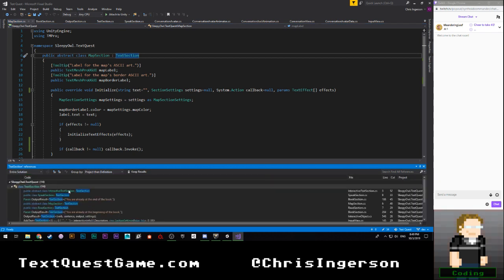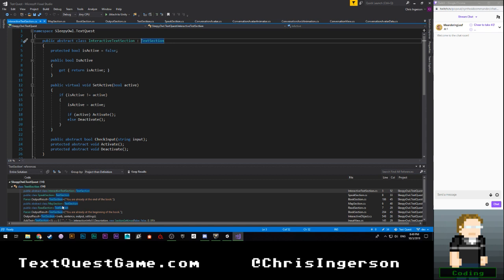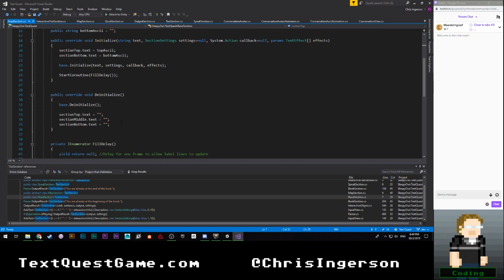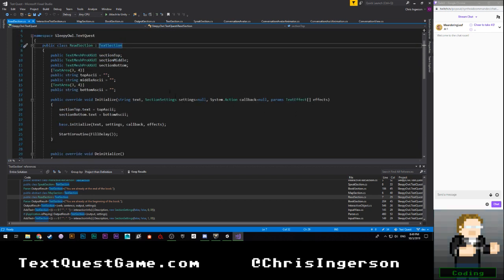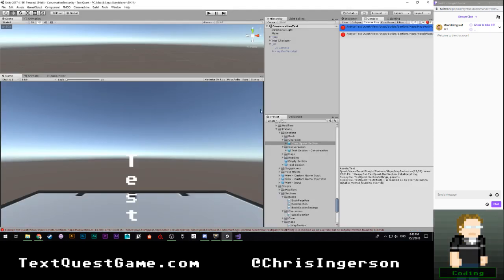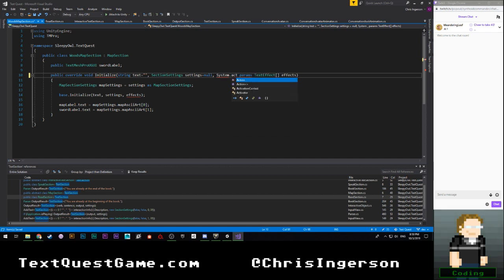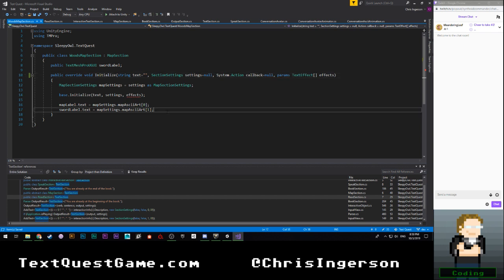There's one more interactive text section, I'm guessing. Nope. Read section. That would imply nope. But I can go ahead and do this. Alright. Here we are. Dot action callback is equal to null. Oh, right.